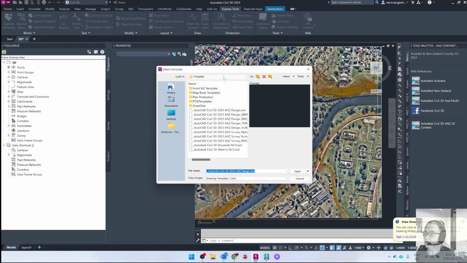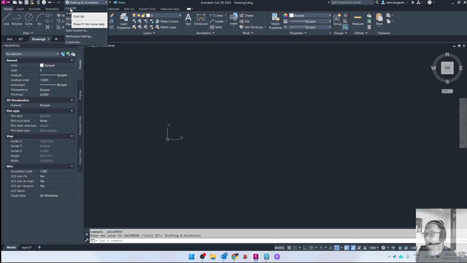Or I, as I would normally do, set the workspace to Civil3D. Planning and analysis is actually old school AutoCAD Map. And by coupling them all in together, it means you can work with them interactively, which is quite useful. So we'll go back to the Civil3D